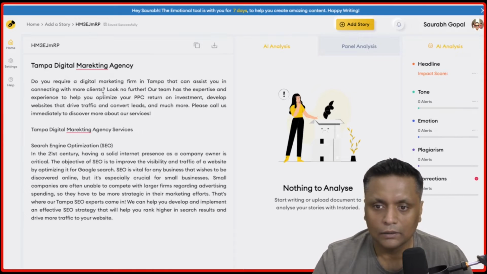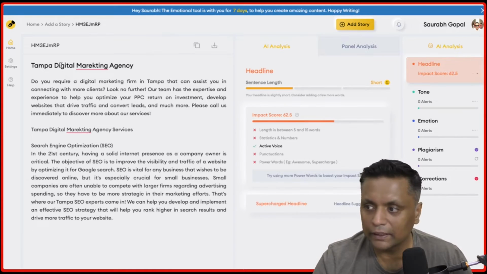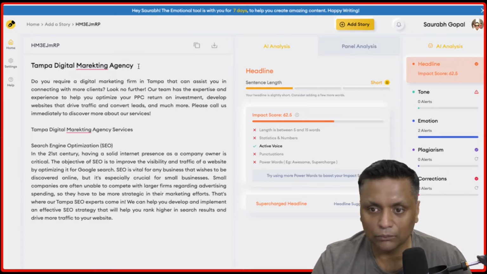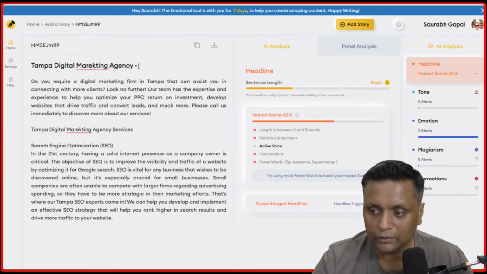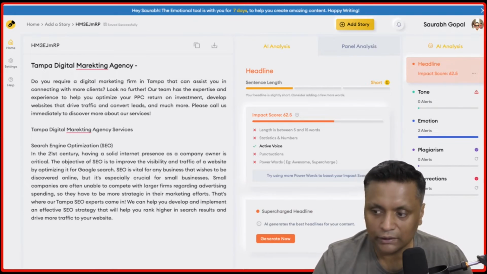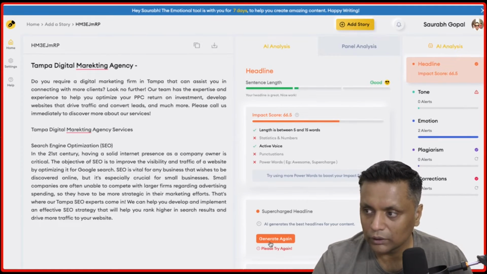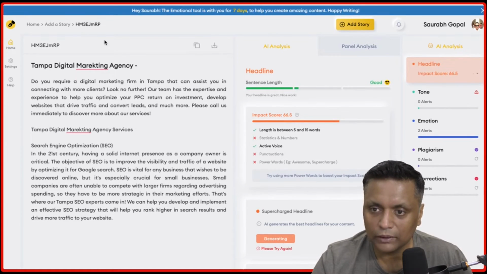Okay, so as you can see, I have written this headline, and if you look at it, it is analyzing the headline. So it says it is short and the impact score is 62.5. So basically I just need to add something more in this headline to make it better. It is also giving me the suggestion to generate the headline. So I click on generate, and it is going to generate the headline for me. It should work. For some reason it is not working, so let's say